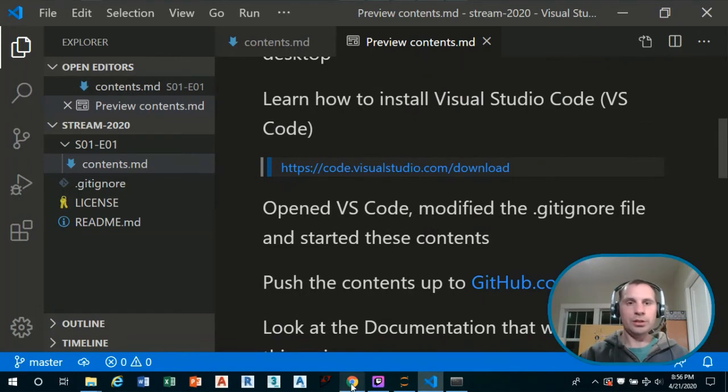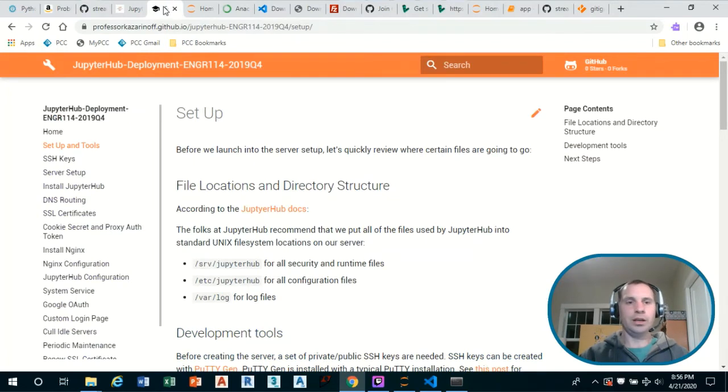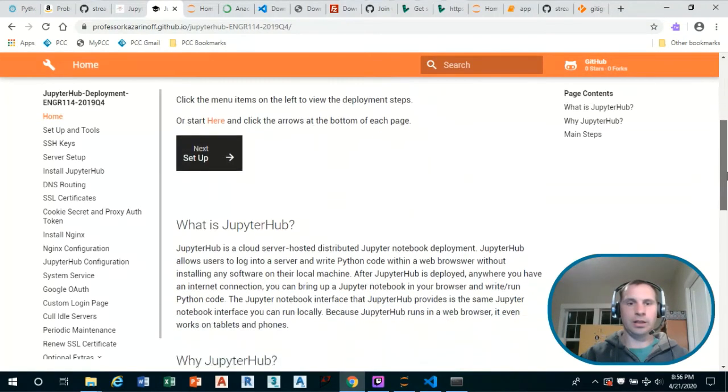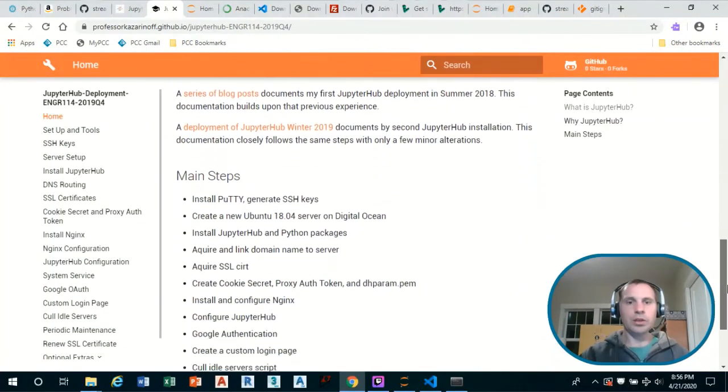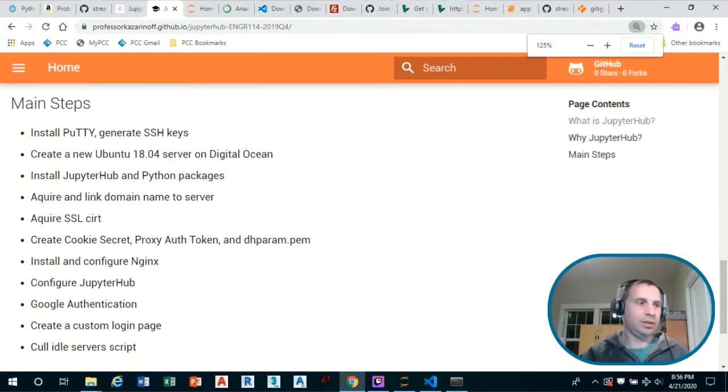So let's take a look at the documentation for the deployment, and then briefly talk about what the main steps are, and then take a look at the tools. Generally, these are the main steps that we're going to follow in our JupyterHub deployment over the course of this stream.